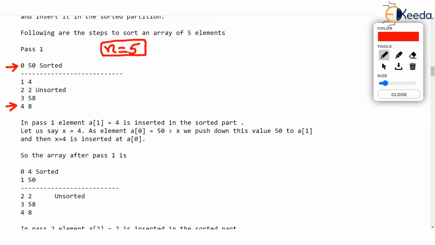Now, what insertion sort does is that it starts with an assumption. The assumption is that the array is logically divided into two parts, the sorted part and the unsorted part. Just check, the size of the sorted part is only one element, that is the 0th element, that is 50. Only that element is in the sorted part, and the rest of the elements, as you see, 4, 2, 58, and 8